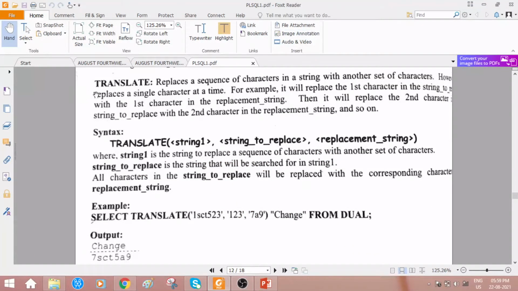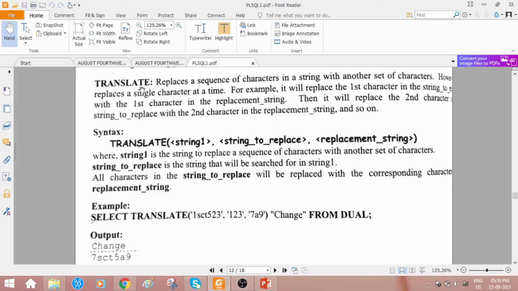The function for today's discussion is the translate string function. What is it? It replaces a sequence of characters in a string with another set of characters, however it replaces a single character at a time.